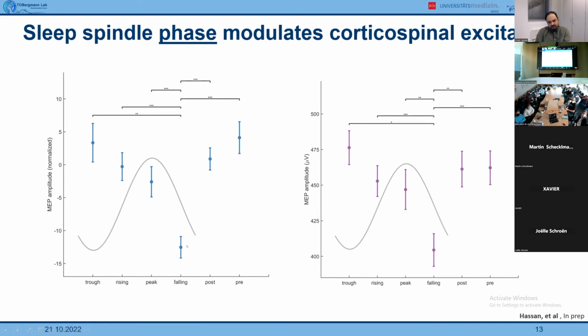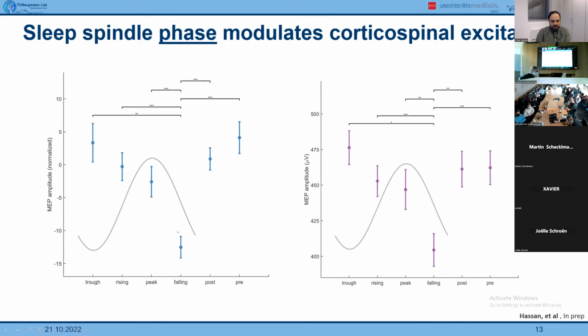And we found that the falling flank is where the most inhibition is happening during a particular spindle, and the trough following the falling flank is where this excitatory or disinhibitory effect has just arrived back, although it was not more than what the baseline had. And here you see the same results on the raw level. So this was quite interesting for us, that there is a time point within an ongoing spindle that might be